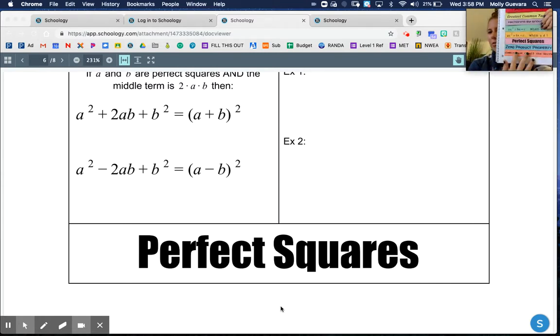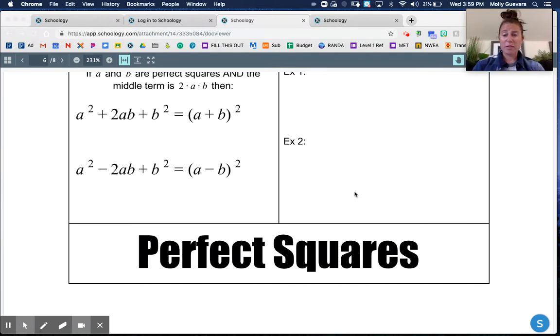Okay, we've gone down pretty far. We only have 3 left. And so today we're going to look at perfect squares. There are actually 2 different methods for perfect squares, and we're going to look at both. One of them is just a shortcut. So if you don't realize that something is a perfect square in that situation, it's okay, and I'll explain what to do. But the other one